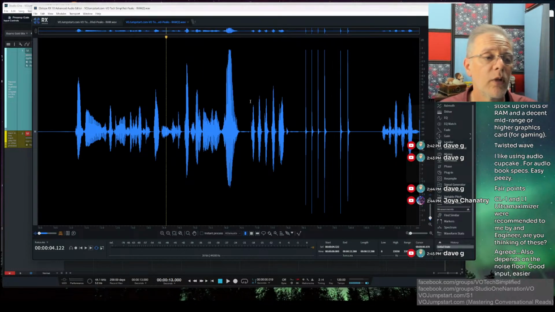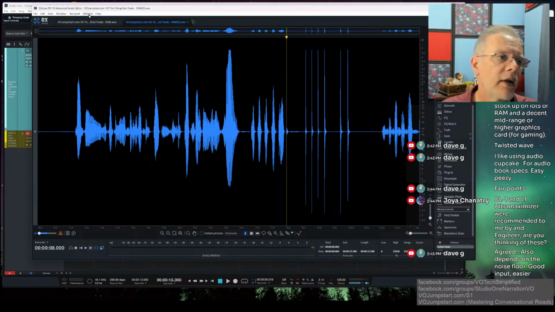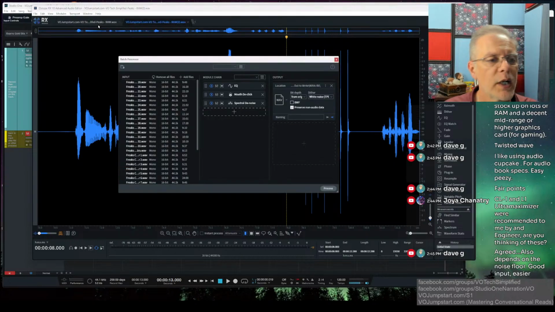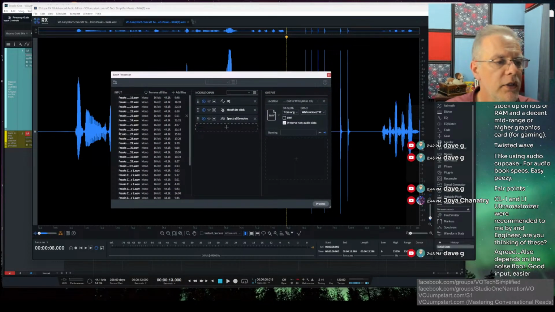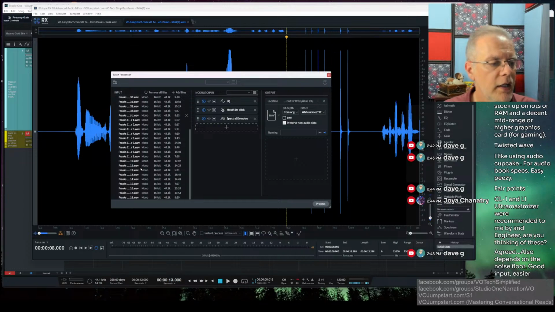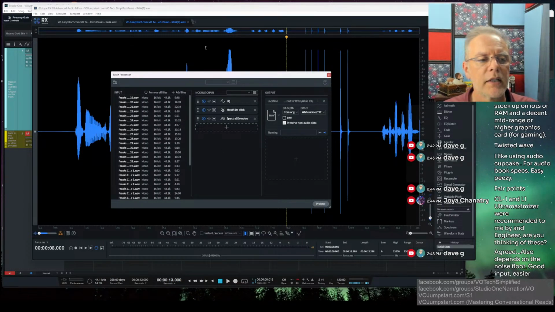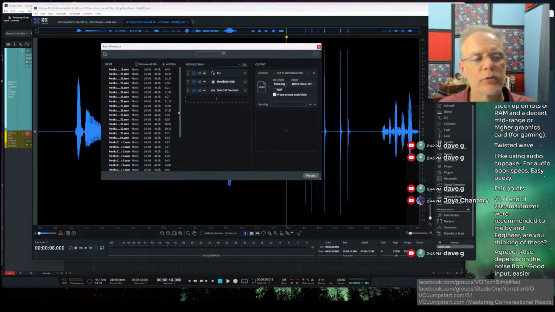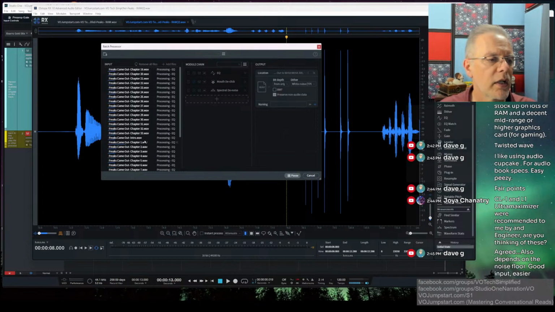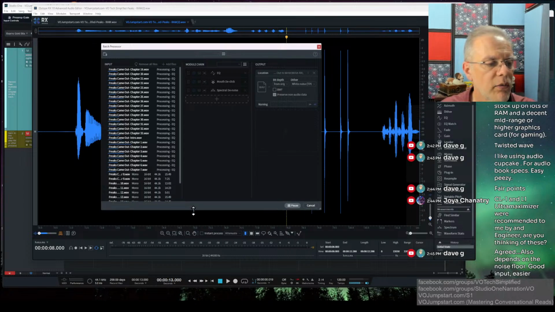And also, by the way, if you're using a tool like RX, it's as easy as any of them once you're set up, because you have a batch processor. I was working with a narrator here the other day, and I've got about 25 files in there. I press one thing and it's going to do everything to all 25 files at once. So how tough is that? It's drag in the files, press this once, and it's going to work, and it's processing. Right now on my machine, it'll process 23 files at once.